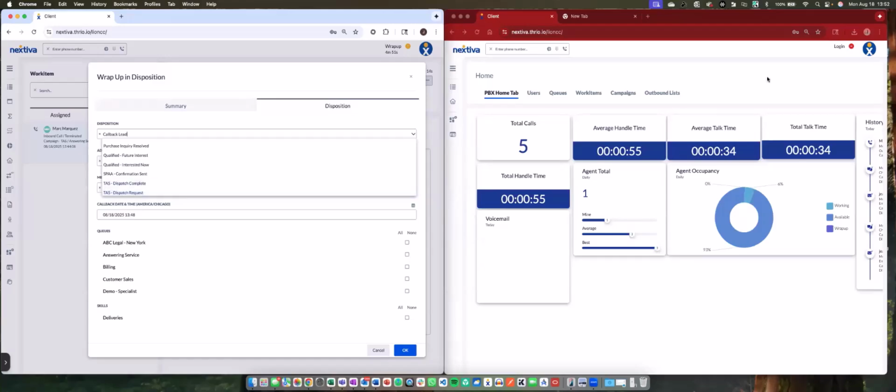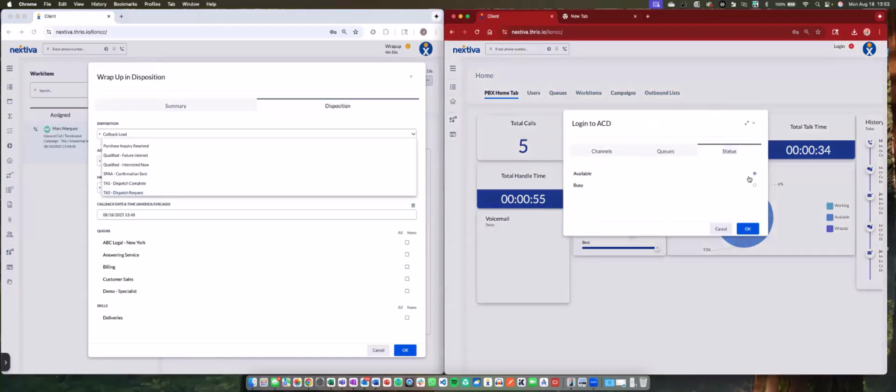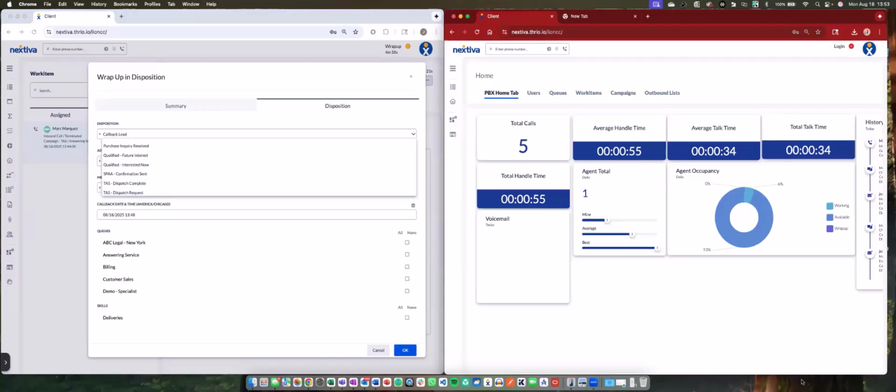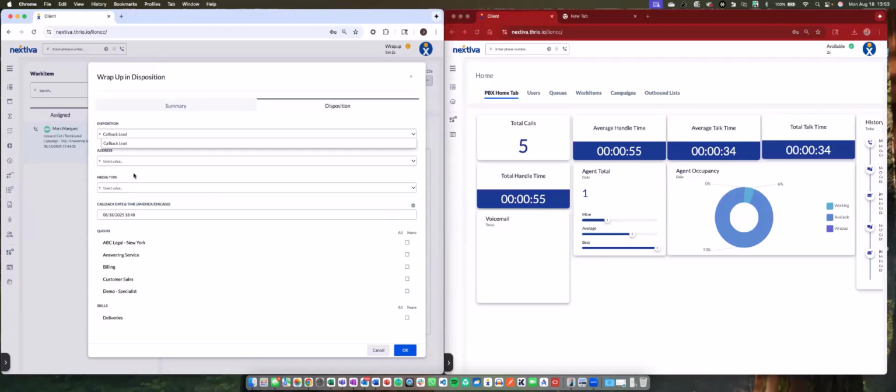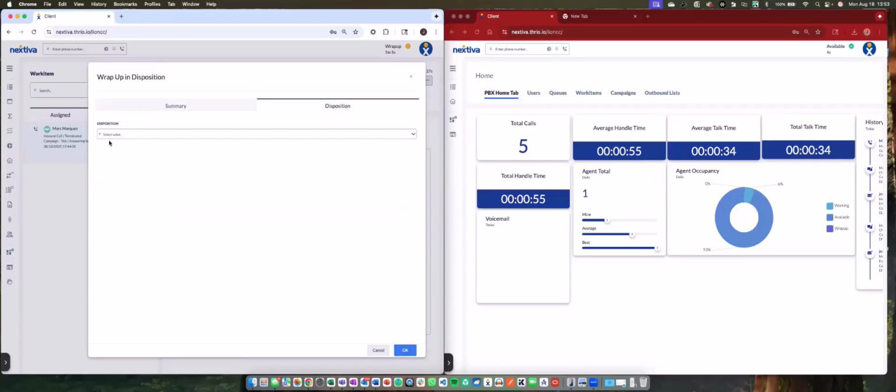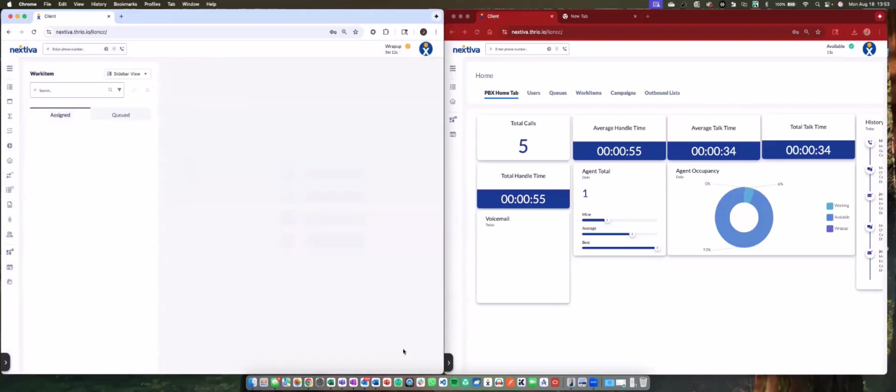So when I request that dispatch, you're going to instantly see a pop-up here, and this is being presented to my supervisor. Let me just click on that one. I'm going to go to task, dispatch request. As soon as I click this button, you're going to see on this side I'm going to get that same notification. Now, with that notification, I'm going to, at a glance, see that this is an email.